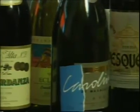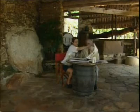Today, more than ever before, producers have to pay attention to the way the wine is packaged and presented. Spanish labels are changing fast too, in response to the international demand for brighter colors and eye-catching design. Even when you have made a good wine and packaged it well, there remains the matter of telling the world about it. Spain's once reticent winemakers are today developing highly